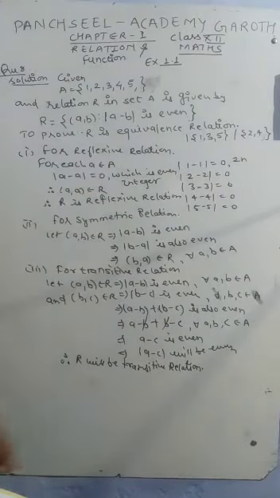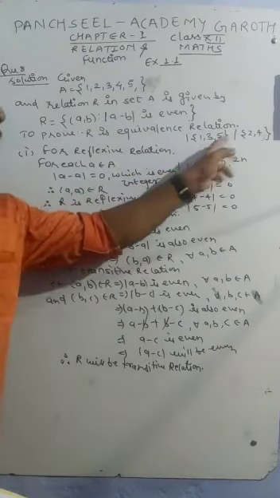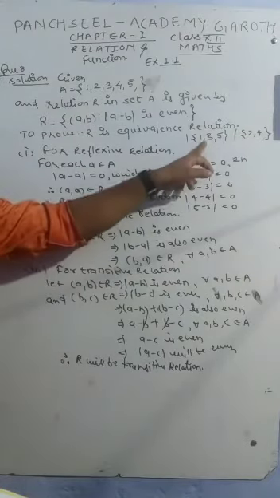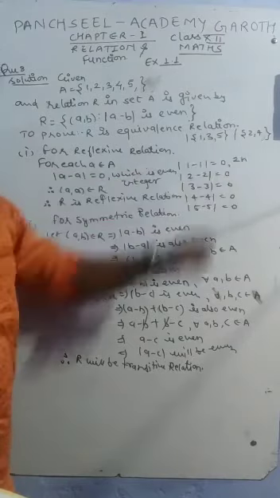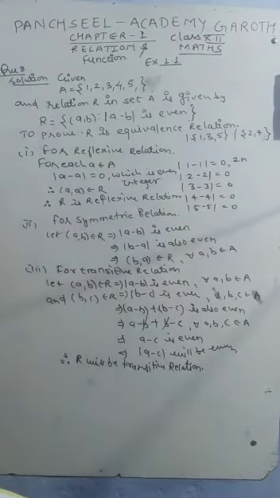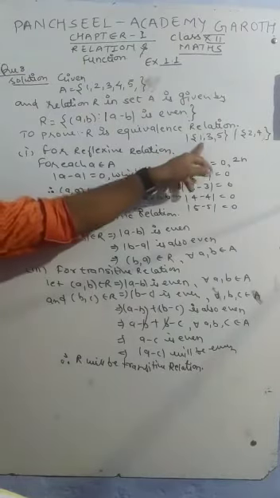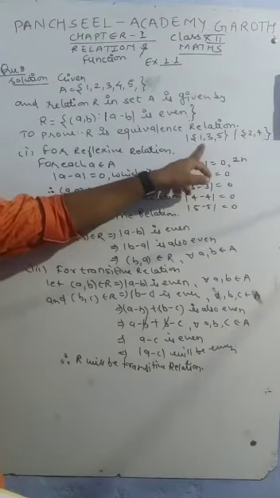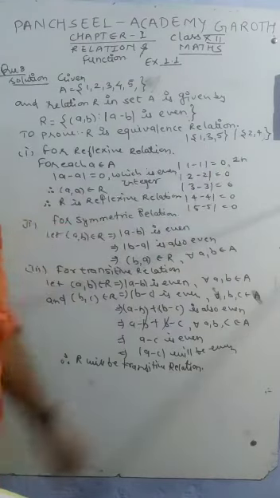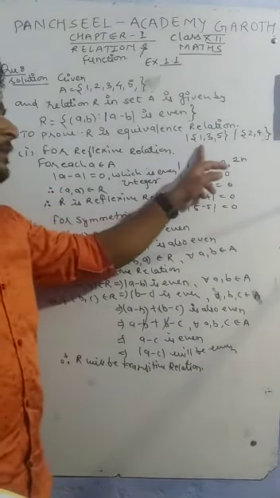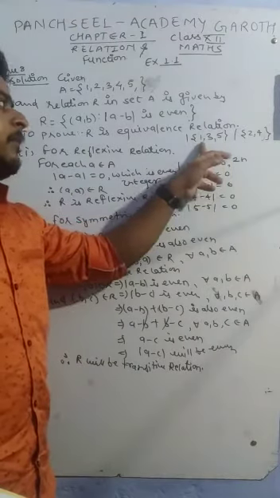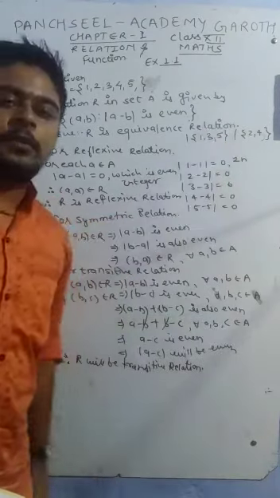This is even. Therefore, each and every element of this set is connected to itself, and each and every element of the other set 2, 4 is connected to itself. So we will discuss here after writing this. Now, next we have to prove that each and every element of 1, 3, 5 is connected to itself, and each and every element of 2, 4 is connected to itself. But each and every element of 1, 3, 5 is not connected with 2, 4.